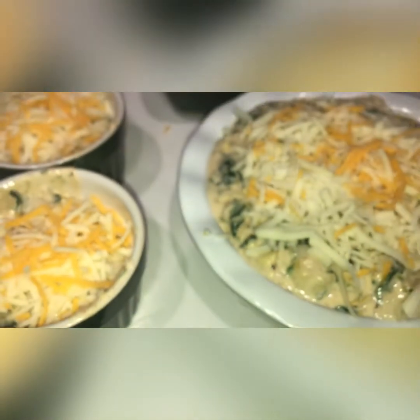So this is how it looked. I did a big pan. It was a lot left, so I took my little small dish and I took these two little sample size dishes that look like they're from a restaurant, and